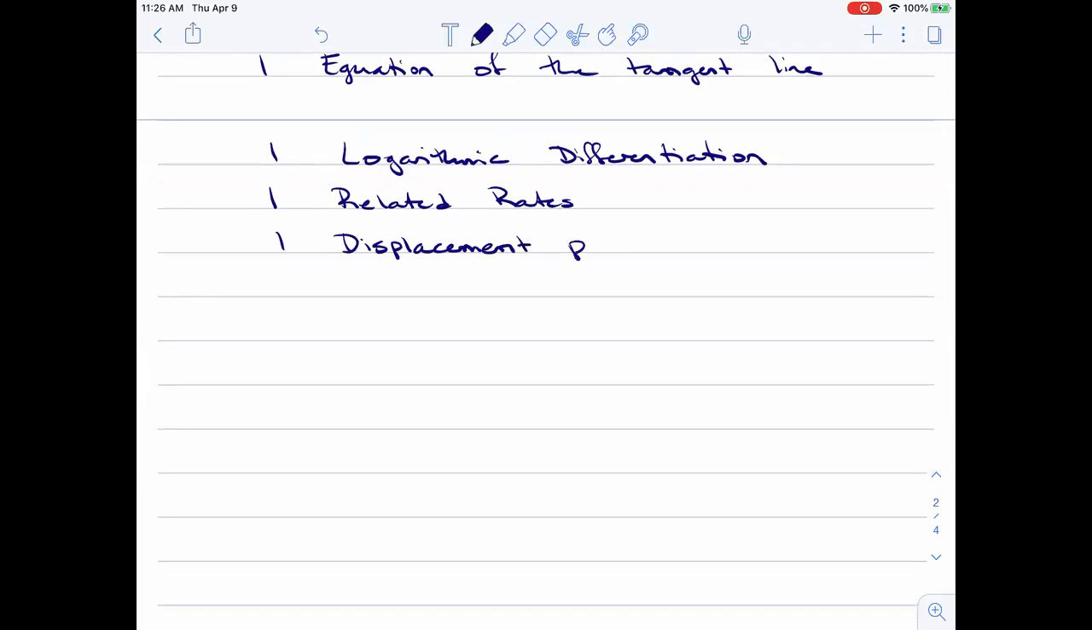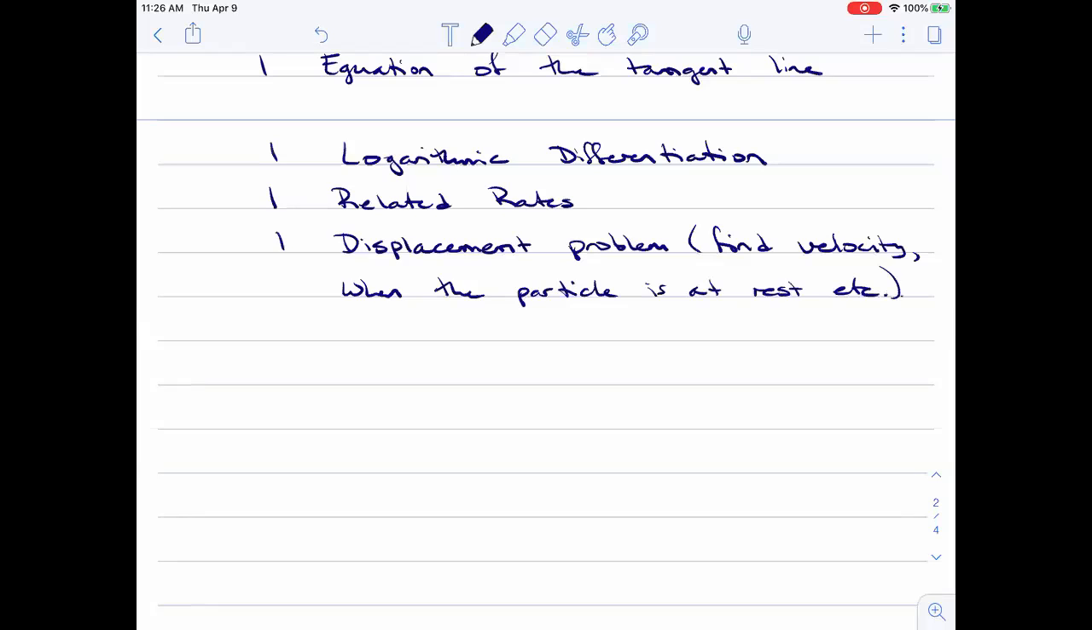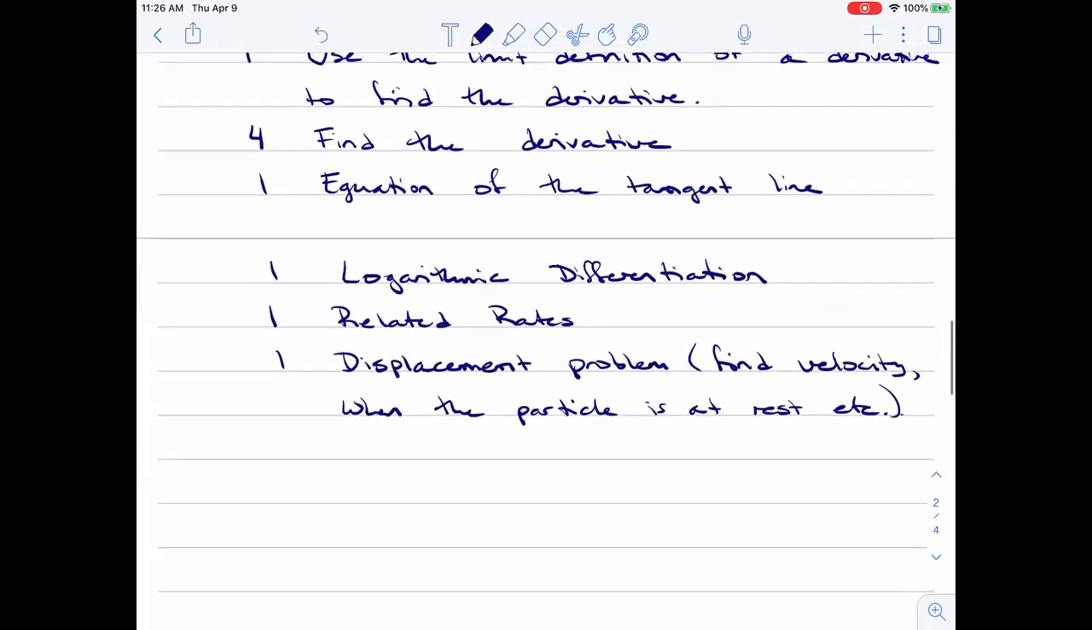Displacement problem, right? Find the velocity when the particle is at rest, etc. Right. So one of those problems, which you also saw, I want to say that all of these were